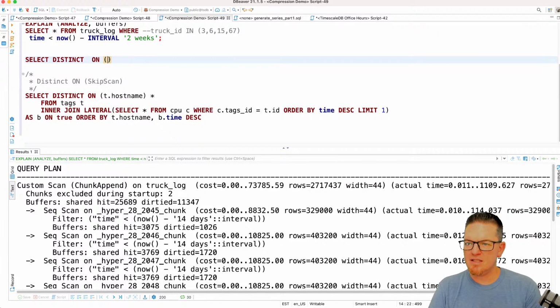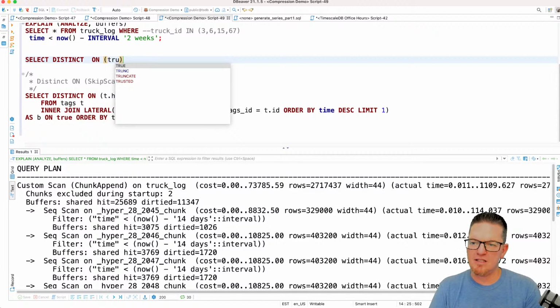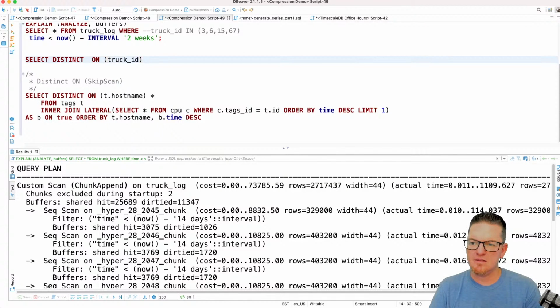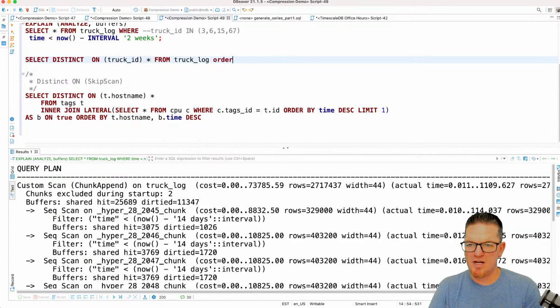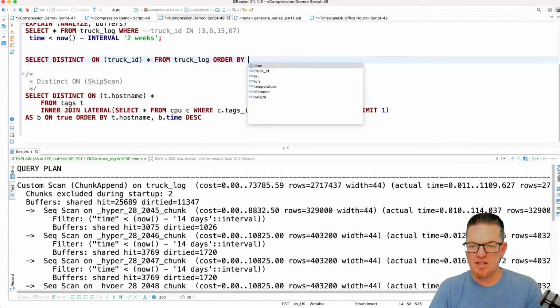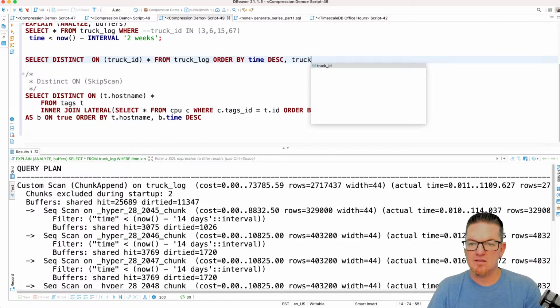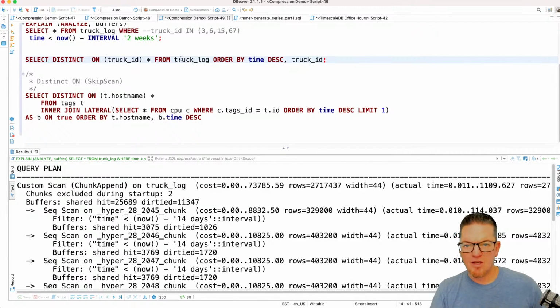Distinct on truck ID, and then I'll say star from truck log order by. So remember, I have that descending index, order by time descending truck ID. So because I have that ordered index, and I have 200 trucks in here,